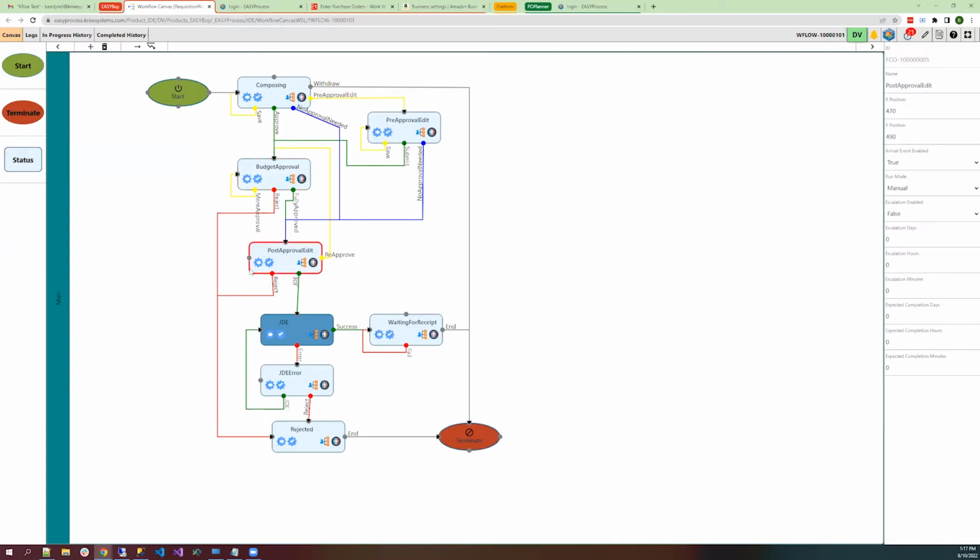And once that's done, it'll go to post-approval edit, where there's a final check by the buyers and then they'll send it to JDE. And this is where the integration to JD Edwards is. So the PO will be created in this step. And it's also dark blue because this status will run on a batch, and those requisitions will get processed every minute. And after that, it just sits at this waiting for receipt status. And then once it's received in our system, it'll terminate the request. And so that's about it.